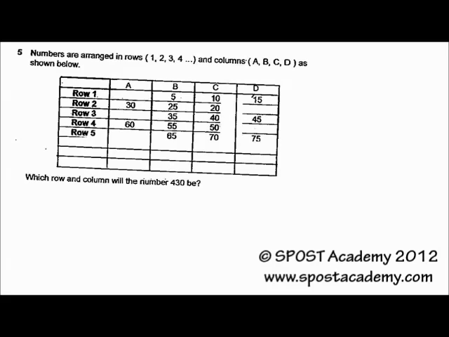Numbers are arranged in rows 1, 2, 3, 4 and columns A, B, C, D as shown below. Which row and column will the number 430 be? Now when we see questions like that, we must try to set up a pattern such that we can work